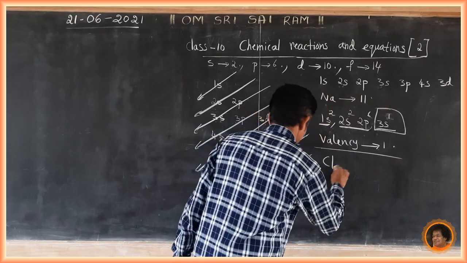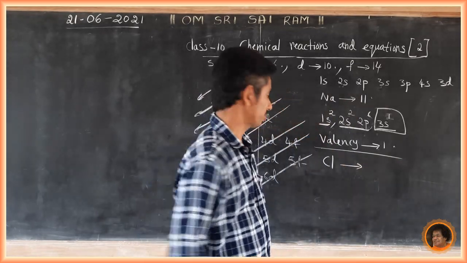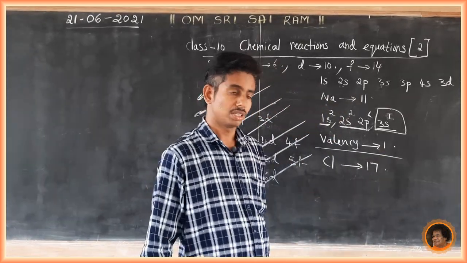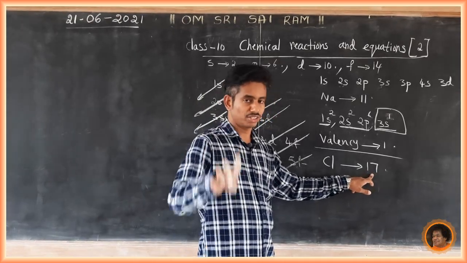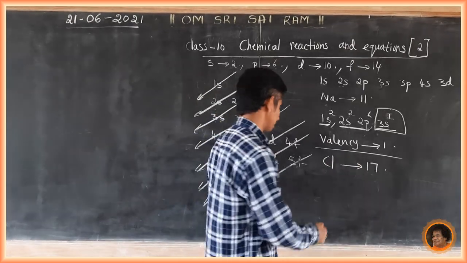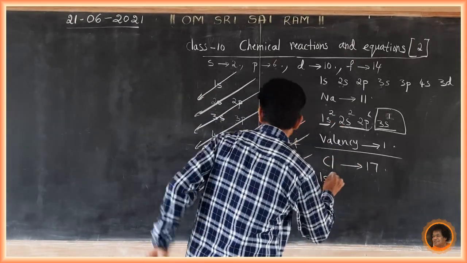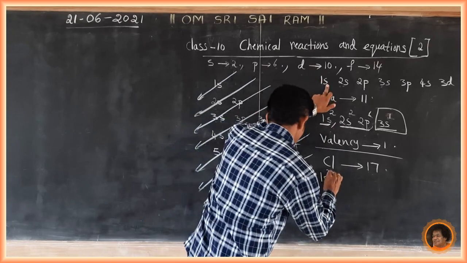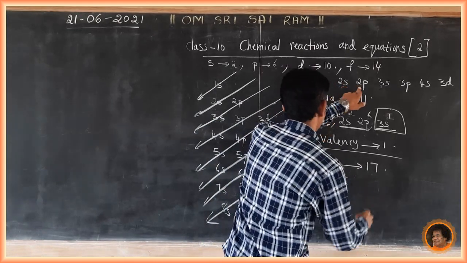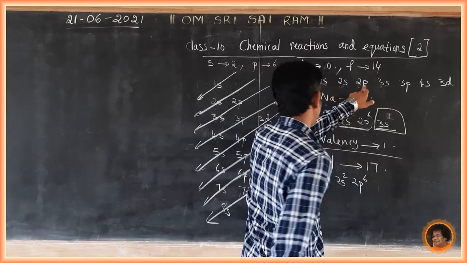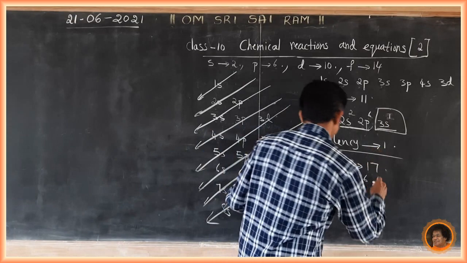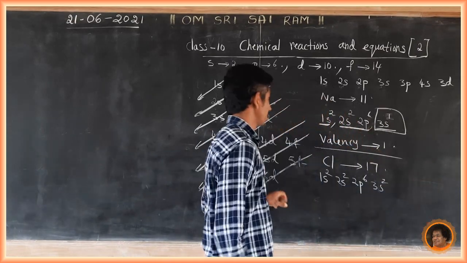Another one, chlorine. Chlorine, its atomic number is 17. Atomic number 17 means the total number of protons is 17. What about electrons? The total number of electrons present in chlorine is also 17. Now write the electronic configuration. First is 1s. S means 2 electrons, 1s2. After that 2s, 2s2. Then 2p6. Why? The maximum number of electrons present in a p subshell is 6. Then 3s2. After that